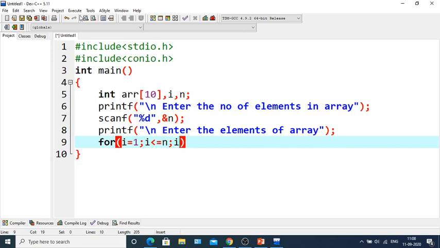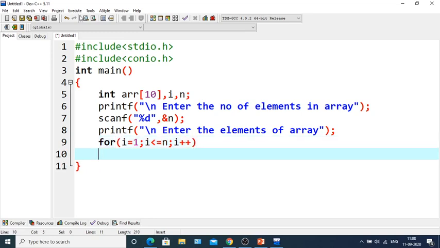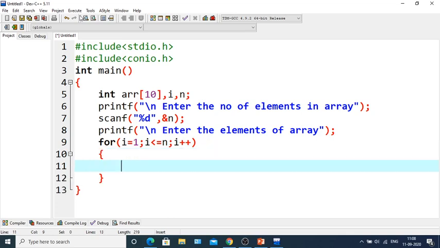That means the value of i will start from 1 and go up to n, and each time it will be incremented by 1.